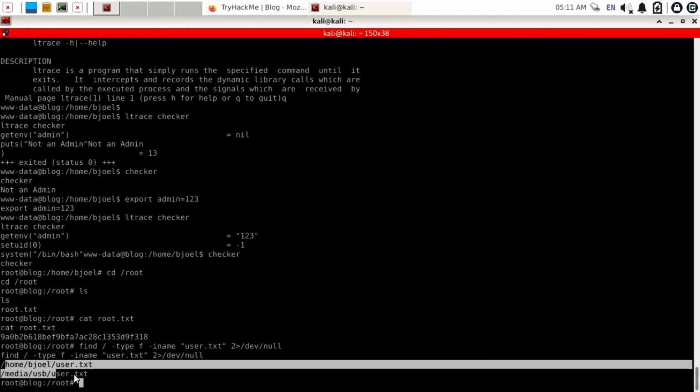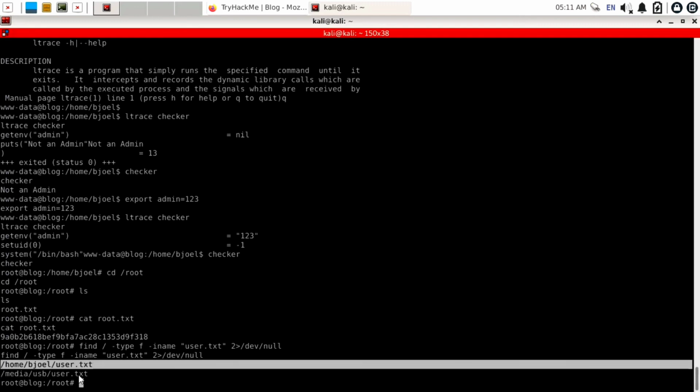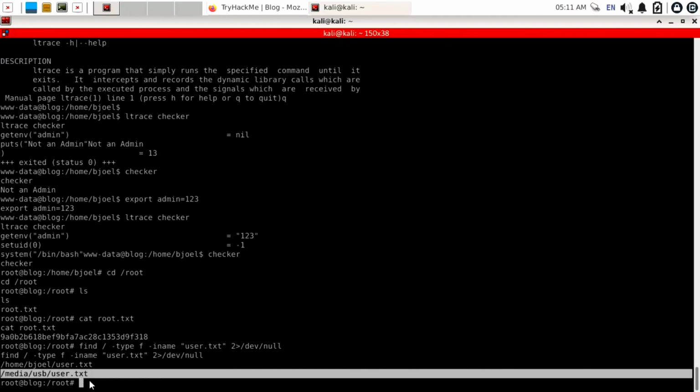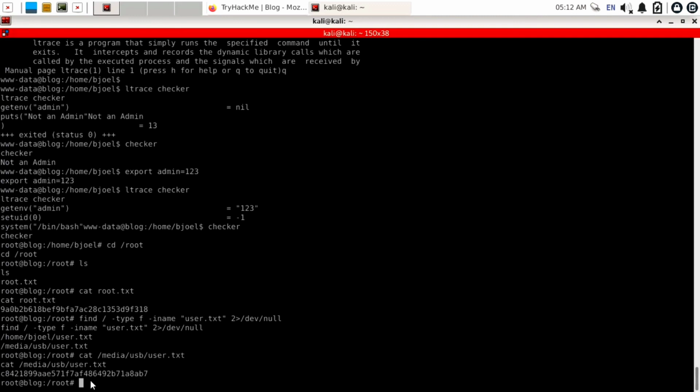The first one is /home/visual/user.txt, but nothing was there, and another one is /media/usb/user.txt. We need to cat this, so use cat /media/user/usb/user.txt. Hit enter. We successfully captured the flag.